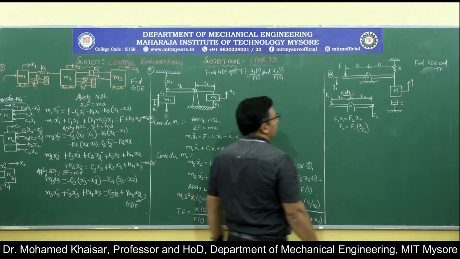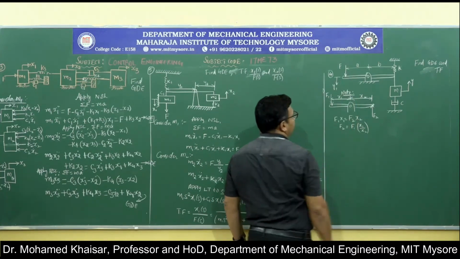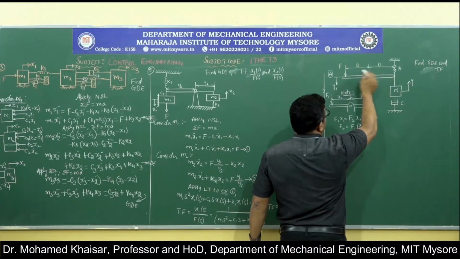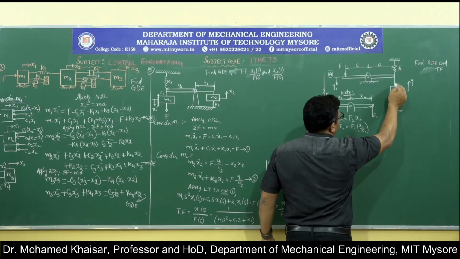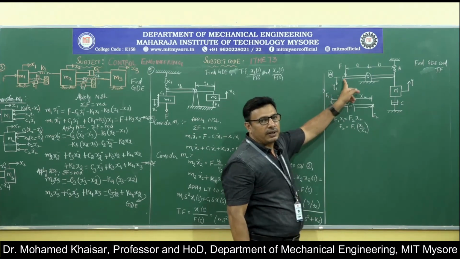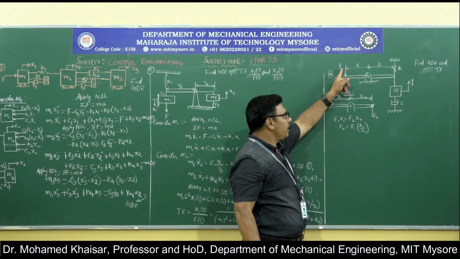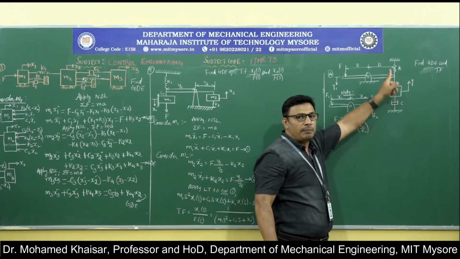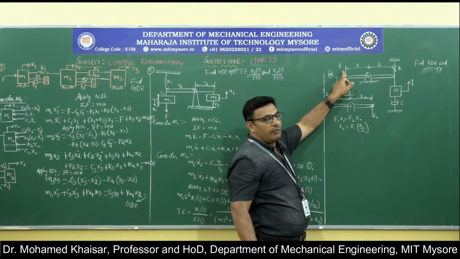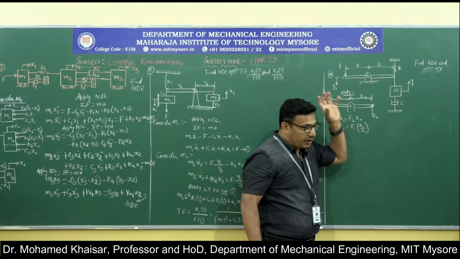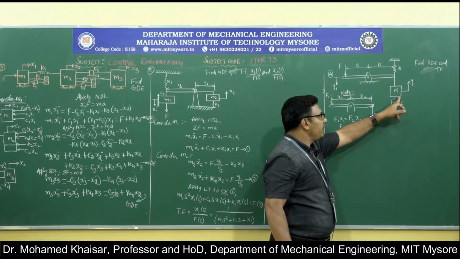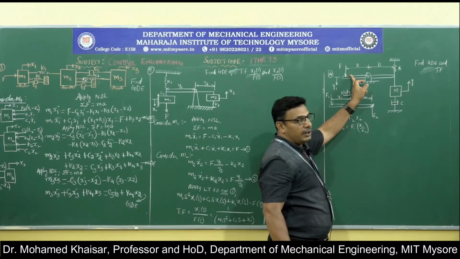Okay. Now, what is the given problem to us? There is a force F at a distance A from the support acting, and on the other end there is a mass, a spring and a damper present. Whenever this end of the lever is applied with the force F, this mass is going to go up in the opposite direction. If we have applied the force vertically downwards, then more or less the same amount of force will be experienced by the mass m, but in the opposite direction.